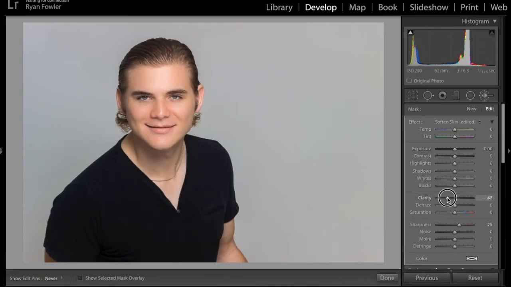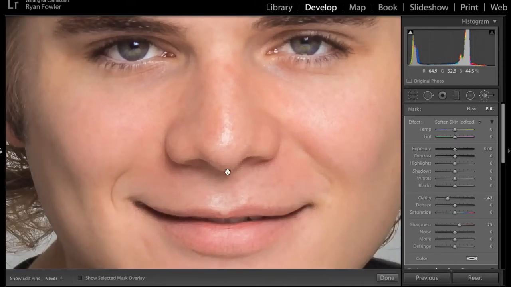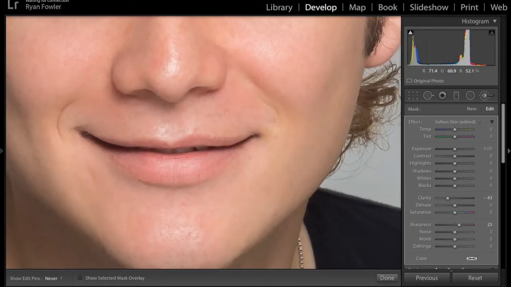It does look better if you've got sort of an overview look on it as well. 57 is probably still a bit strong. Let's take it down to about 43. Yeah, that looks pretty good to me. So it's